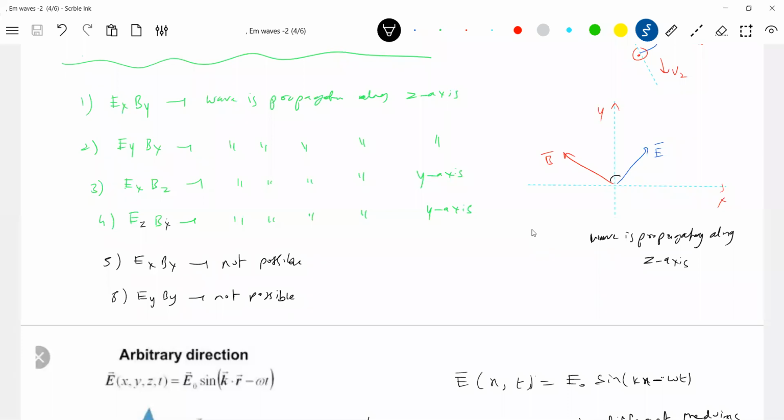Next comes displacement current. Next comes intensity of EM wave. Something like wave characteristics, like standing wave, reflection, refraction. These are the ways in which you should analyze this particular topic.